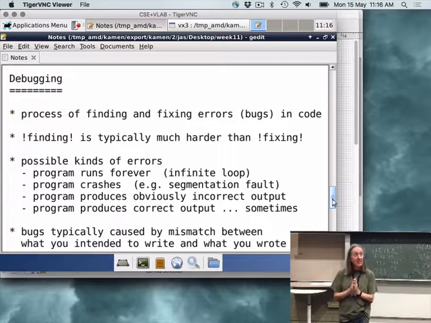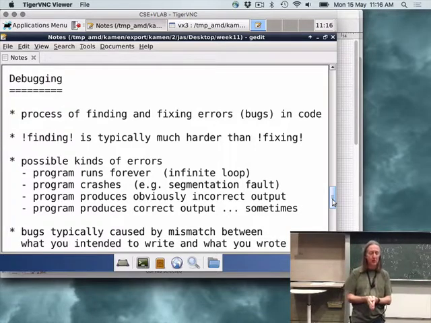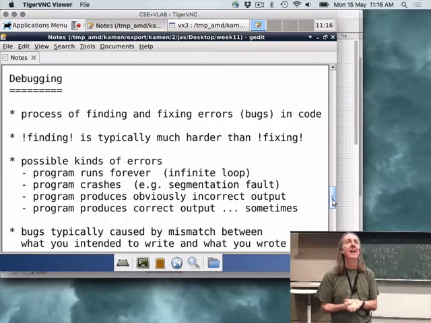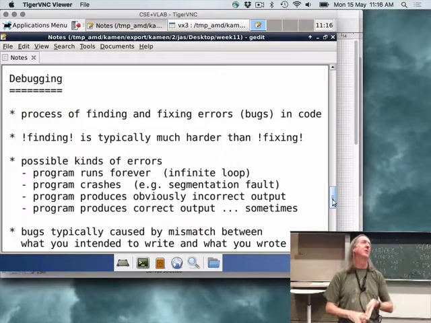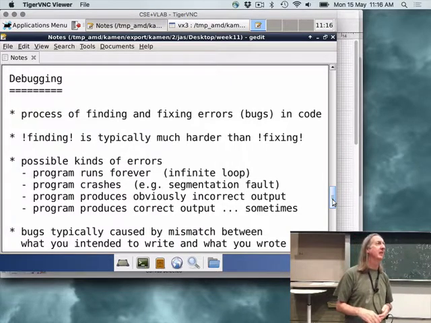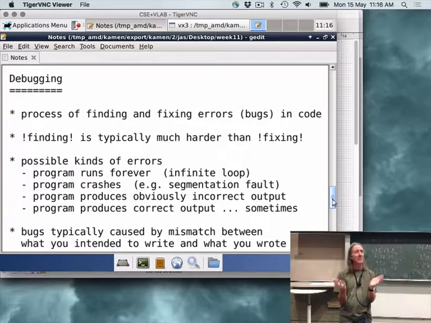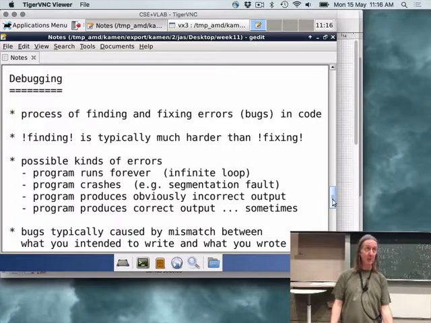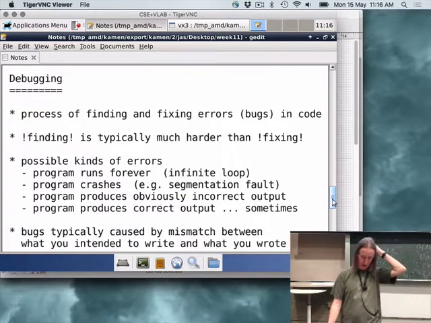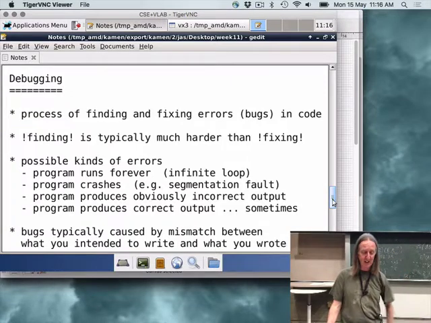If you're lucky, and I would argue this is the luckiest case of all, the program crashes and you get a segmentation fault or something like that, and maybe, I'm not sure what happens on our machines these days, but you might get a core dump as well, which is basically a dump of the state of the memory when the program crashed, and that contains some extremely useful information. And if you run the program in a debugger and it crashes, the debugger will tell you exactly where it went wrong. So that's an easy case to handle.